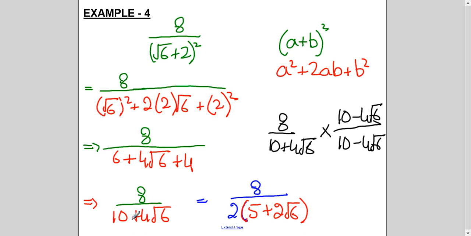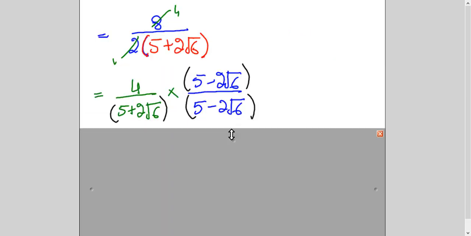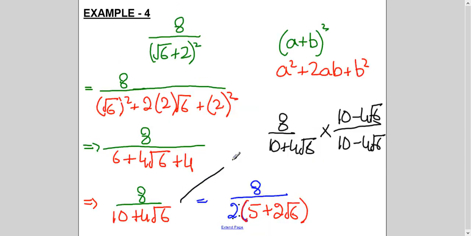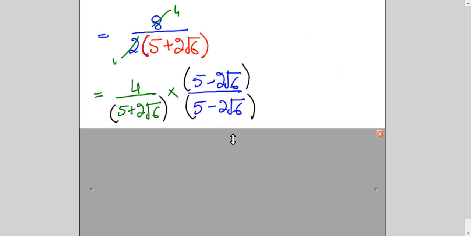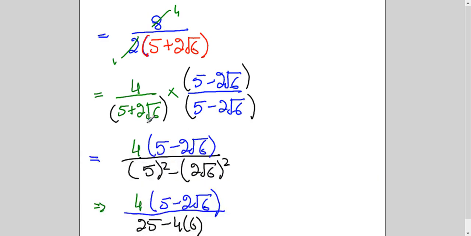So I'm taking 2 common out from here. Of course, root 6 will not get disturbed. So 2 5s are 10, 2 2s are 4, simple factorization. And then I'm cancelling it. 2 1s are 2, 2 4s are 8. Once I simplify it, then I'm taking conjugate of it and simplifying it. So you can do straight away from here, or you can simplify it and then apply conjugate surd. Choice is yours. And then after that, exactly like before, we will do a plus b, a minus b. So it is 5 square minus 2 root 6 square, and this multiplies by this, right?